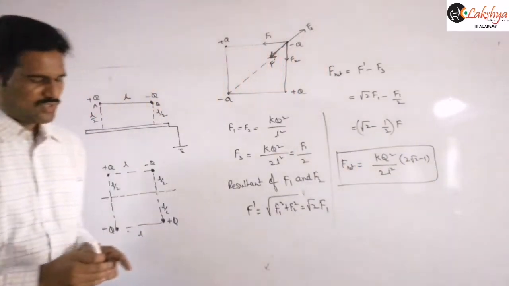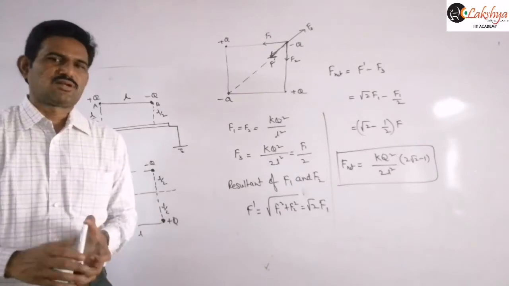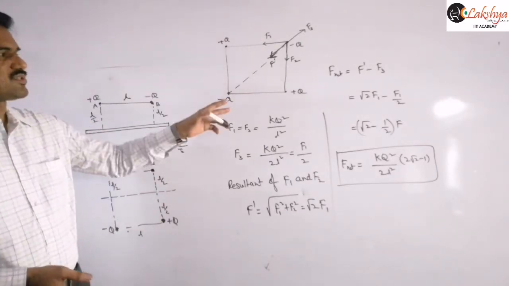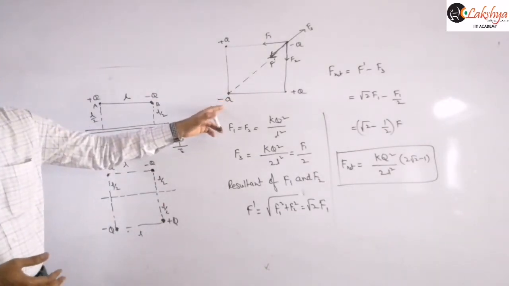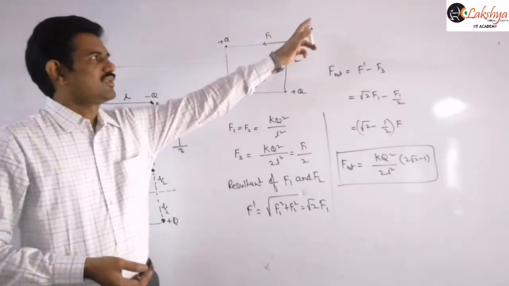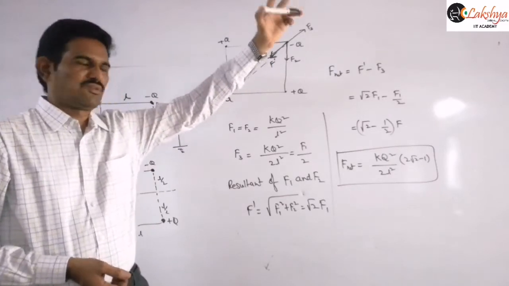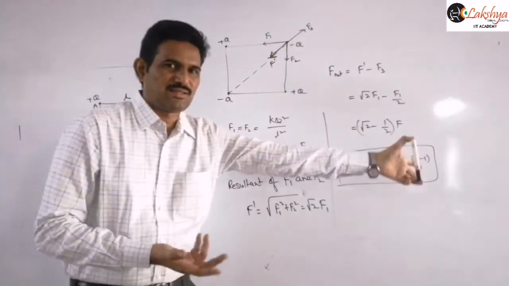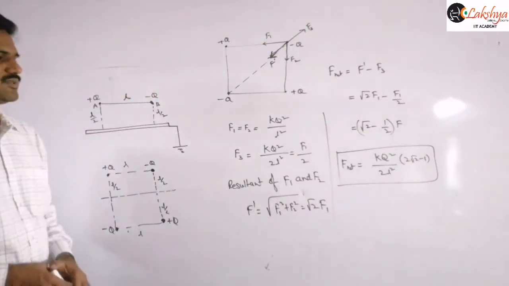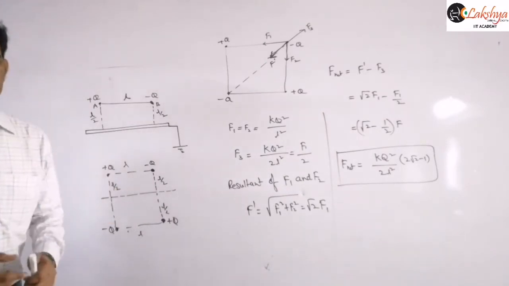Right? And so that is the force acting on this, and we already know all the charges are like charges. That means this is also a positive charge and this is also a positive charge. Then this force, this F dash, will also be in the direction of F3. Then you will simply get a plus sign there. We solved such a type of problem already. And so that is the force calculation, right?